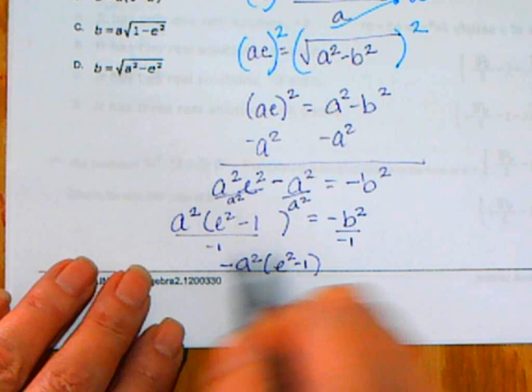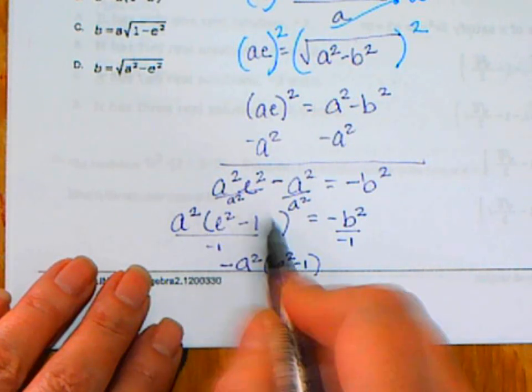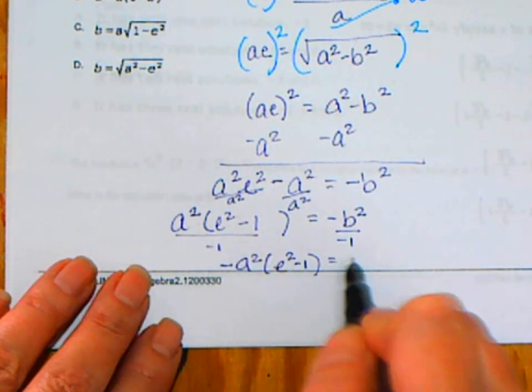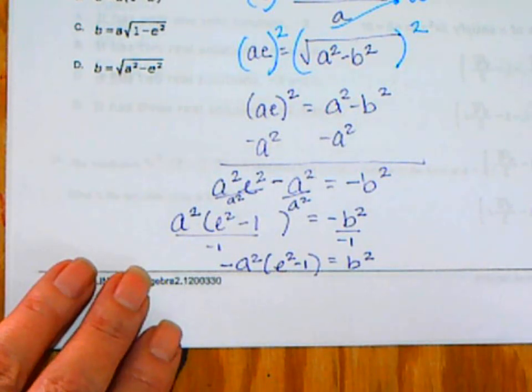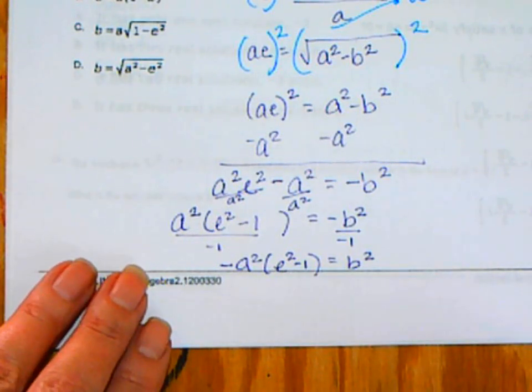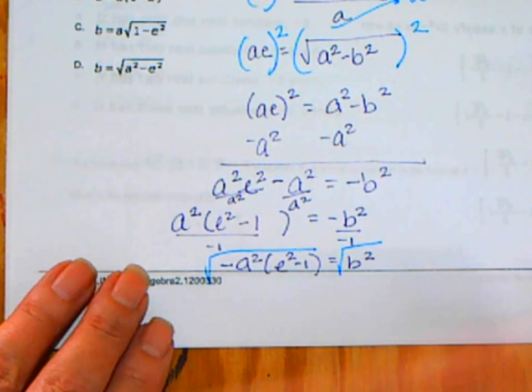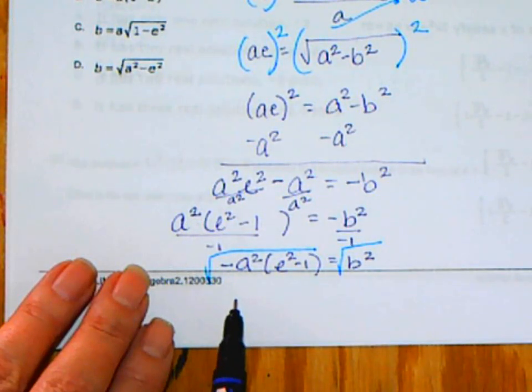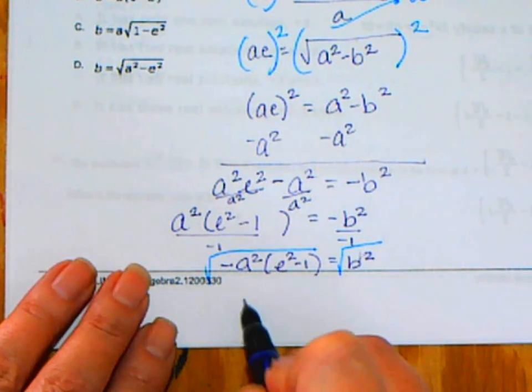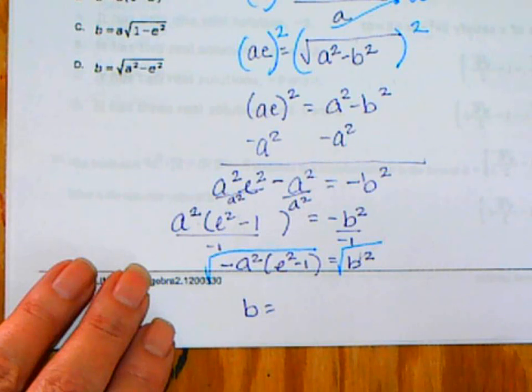And this is still one term, so I don't want to do every little thing because it's one term. Equals b squared. Is b all by itself yet? Not quite. One more thing I need to do, which is what? Square root it. And sometimes I do the positive negative square root, but I can see in the problem that they did not do the positive negative square root, so I did not do the positive negative square root. So I have b equals